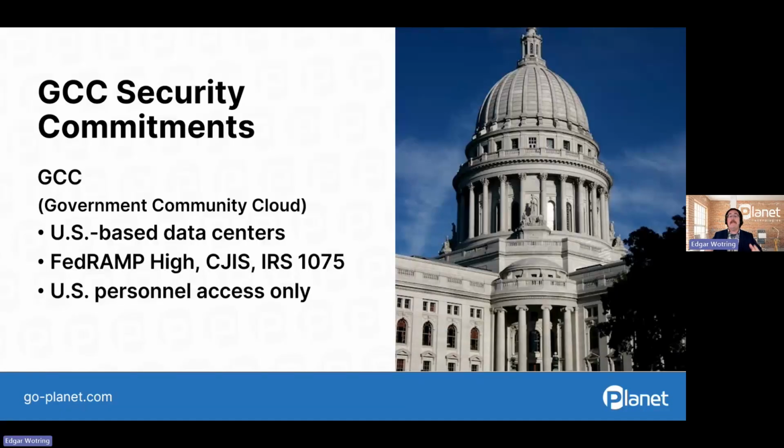Our key takeaway here is GCC offers stricter data residency and personnel requirements when compared to the enterprise experience with Microsoft 365. What does this mean for us? Well, those feature rollouts to GCC are going to be a bit slower than those we see in the commercial experience with Microsoft 365. This is by design, of course, to ensure that our data remains secure as we work with it.